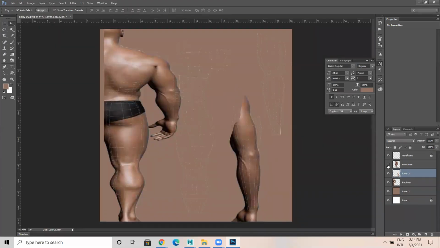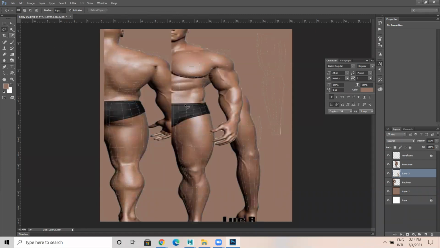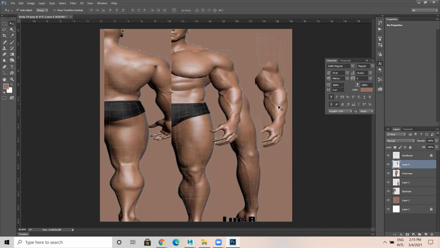So then I'll take the front view. For the front view, I'll take the lasso tool again, of the front view. Then transform.